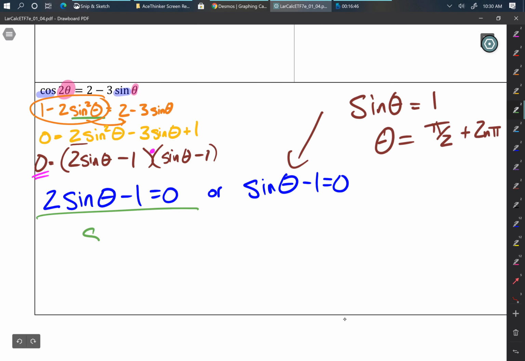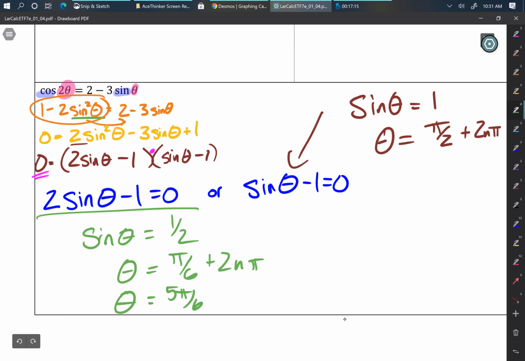Okay. When is the sine of theta equal to positive 1/2? Move the 1 to the right, it becomes positive, divided by 2, 1/2. Sine of theta is 1/2, positive. That means there's an answer in the first quadrant as well as an answer in the second quadrant. They will both have the same reference angle. That reference angle is pi over 6. So that tells me then that theta is pi over 6, or theta is 5 pi over 6. Of course, we tack on that 2n pi